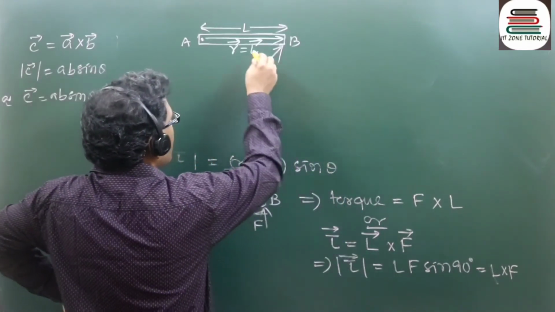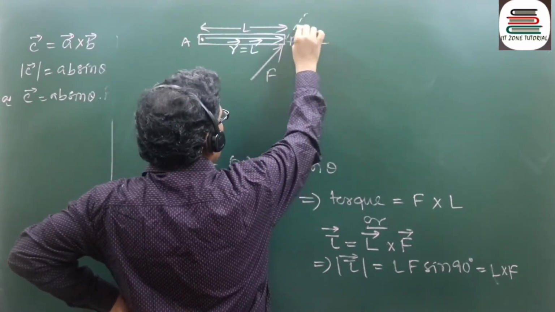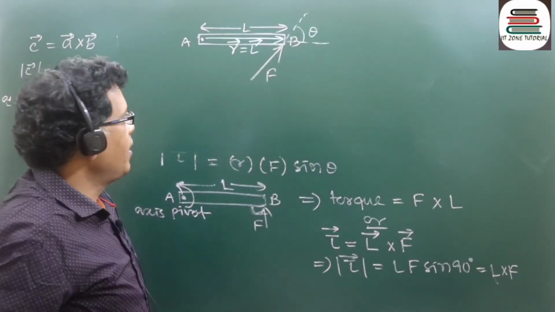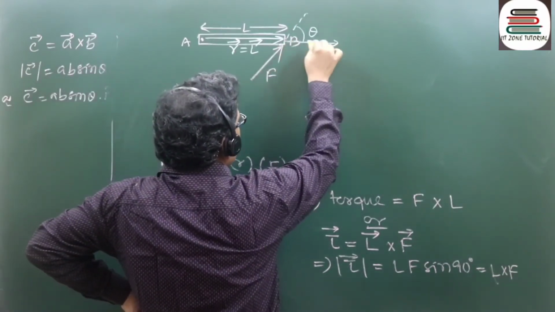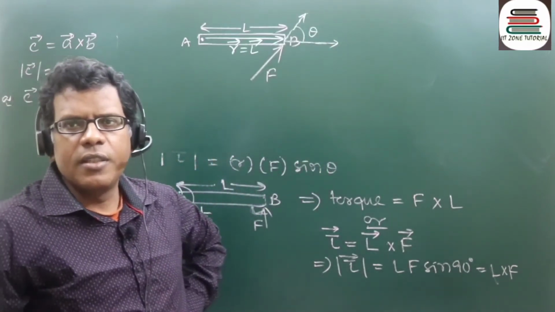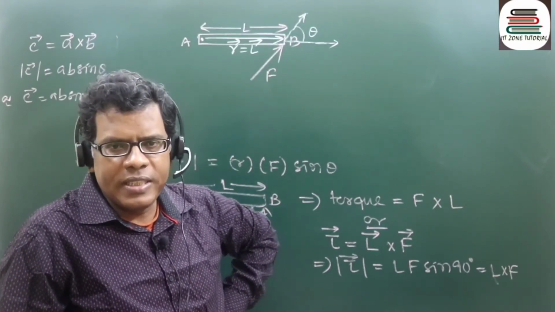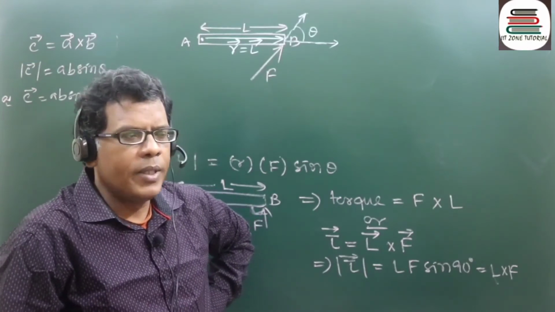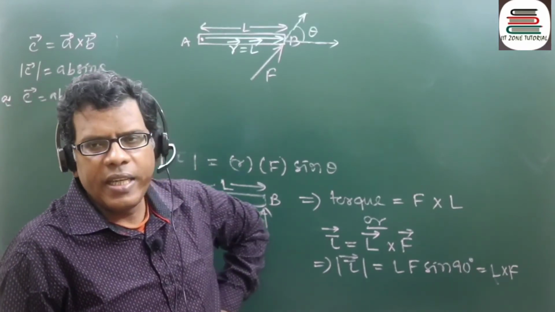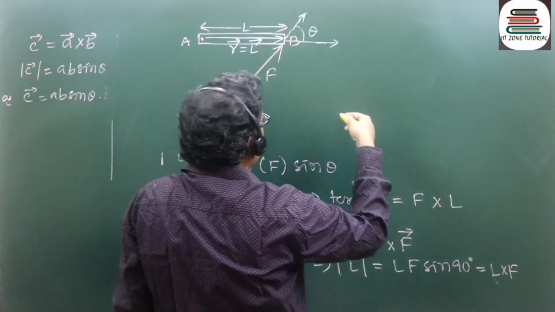So you can see between the R vector and the force vector, if I represent them as if they are co-initial, of course this is the geometrical angle between them. Are you getting me? If I extend the R vector like this, and the F vector like this, then because the angle between two vectors is decided in two ways. Either you draw them co-initial, then you consider the interior angle between them, right? Or otherwise if you draw them continuous, then the exterior angle between them will be the angle between the vectors. So here this is the angle theta.